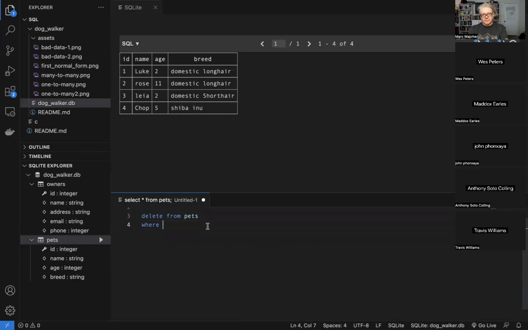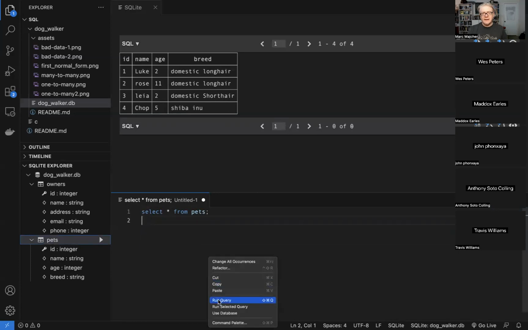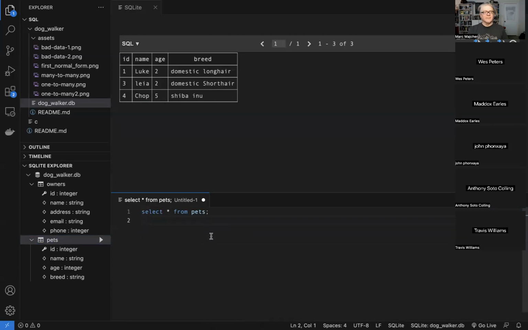Hello Scrolly. I'm going to do the, let's get rid of Rose. So where age is greater than 10. So we would delete all the pets that are older than 10 years old. Sorry about that, Rose. If we do our select again, there she goes. So you can use that same where syntax for deletes.